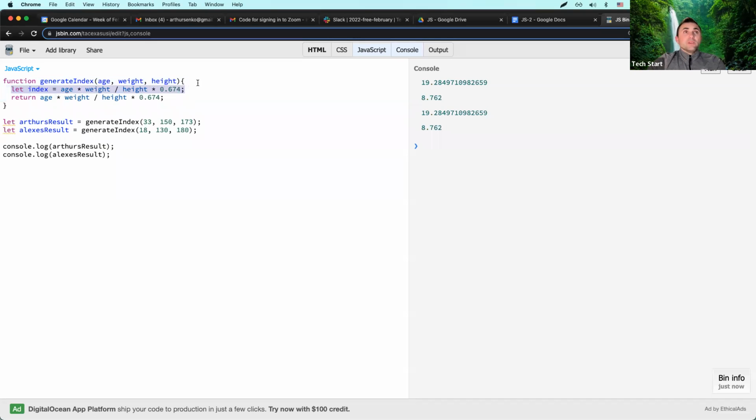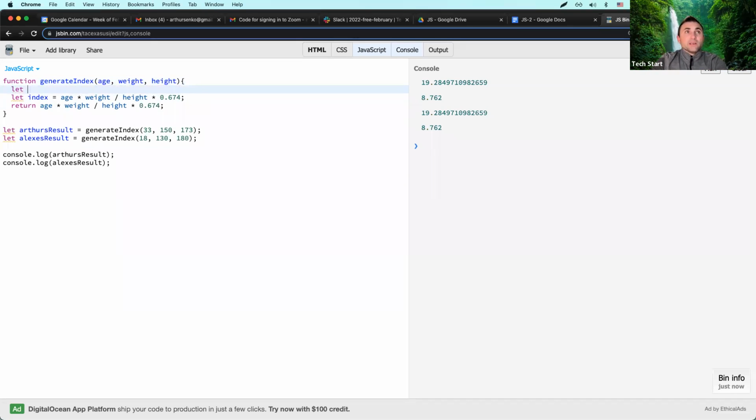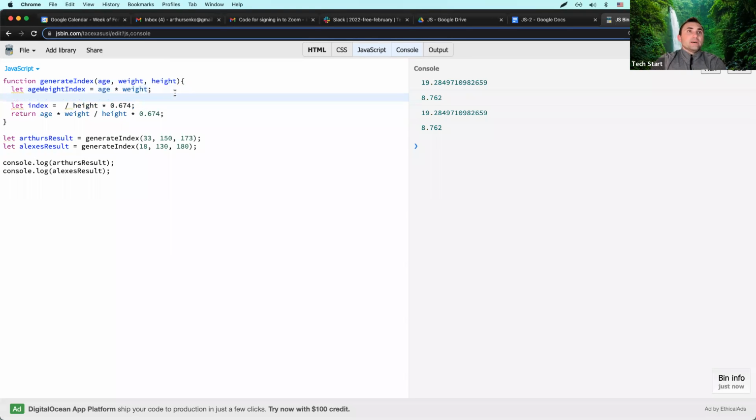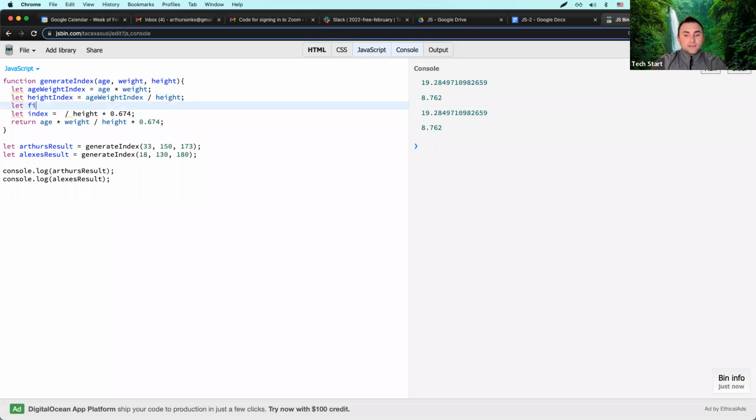But if you have longer code, you have a lot of calculations before, right? Let's say you may have let age, weight, index, and you can do this: age and weight multiplied together. Then you have let height index equal to age index divided by height. Then you do this, and then let final